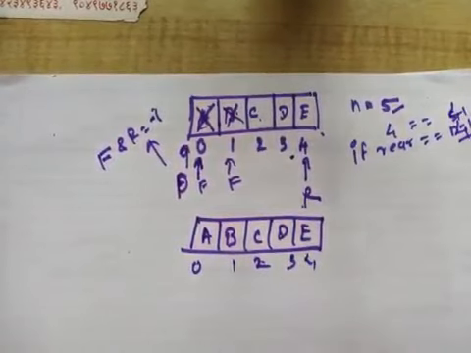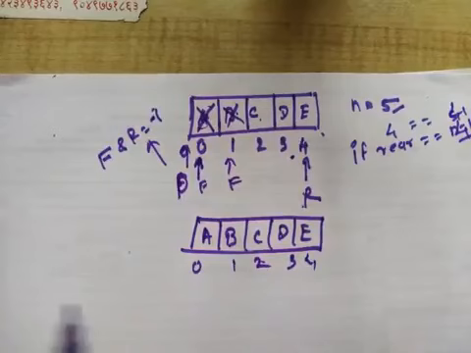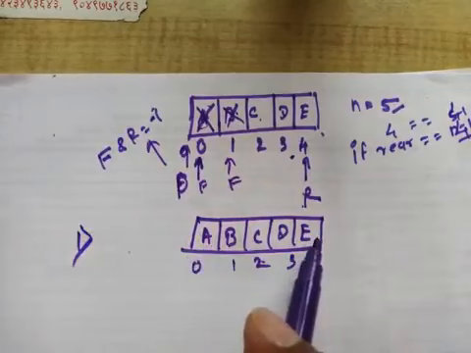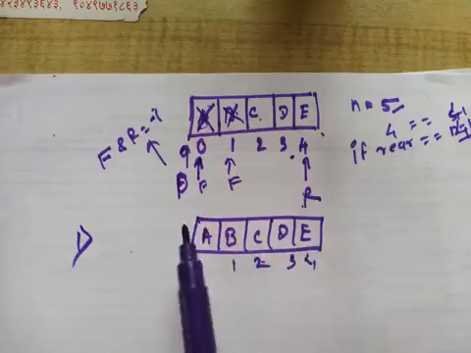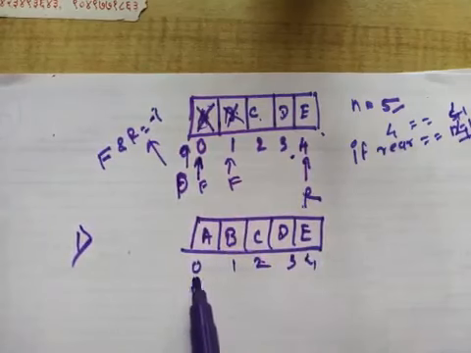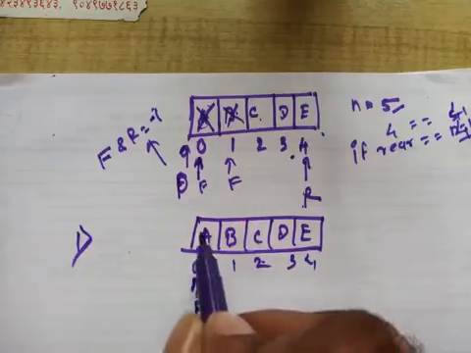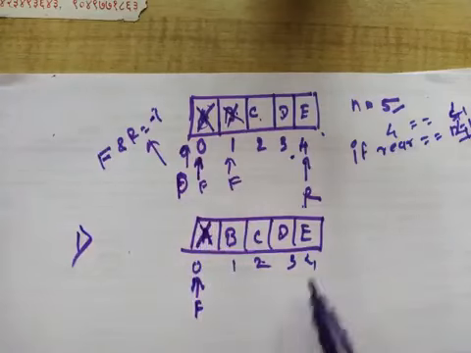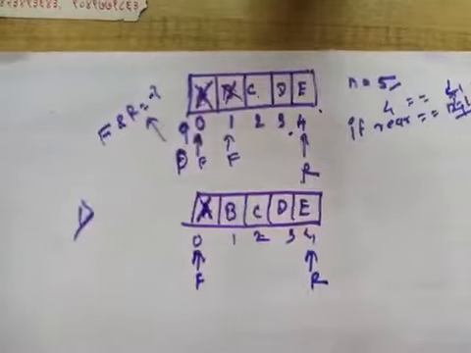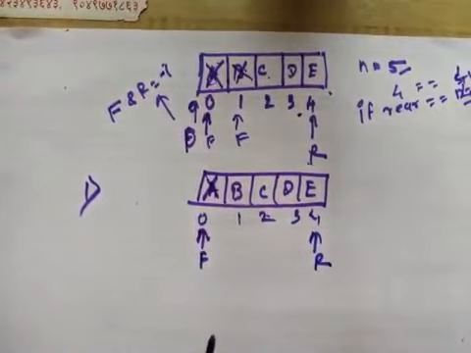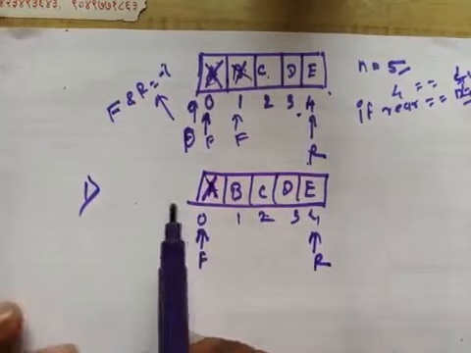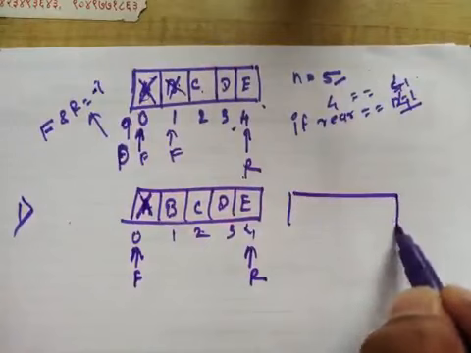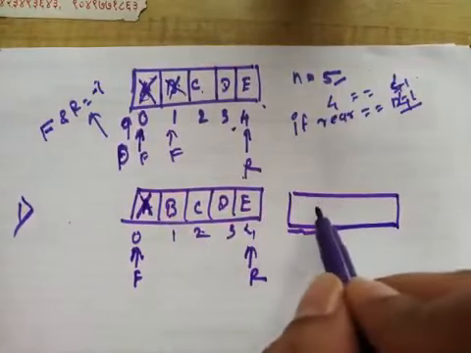How many elements are there? 5 elements. Now suppose, for the solution to that problem, we delete an element from this queue and want to efficiently use these memory locations or available space. My front is pointing to index 0, meaning we deleted this element, and my rear is pointing to index 4. So whenever I delete an element from the linear queue, once I delete, I am going to shift all the elements by one position.